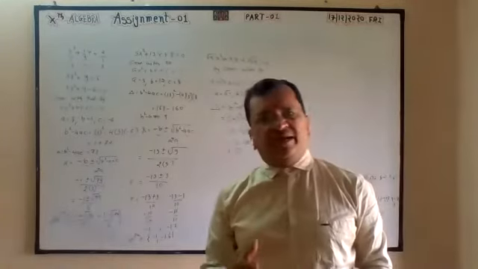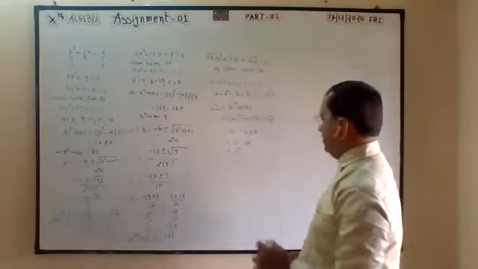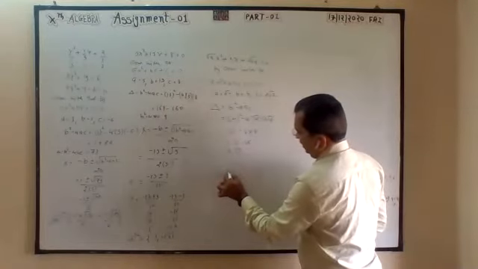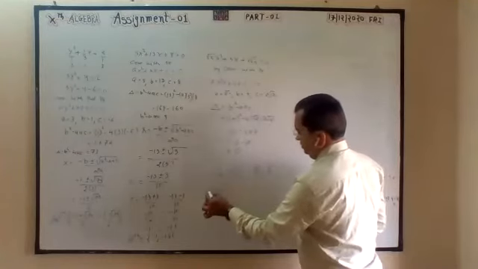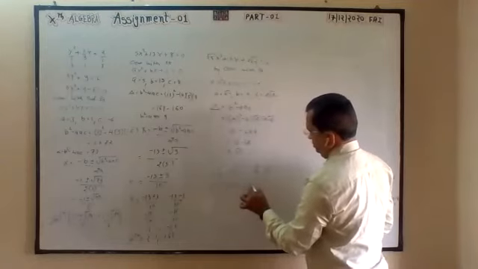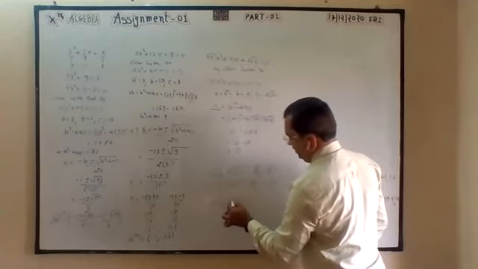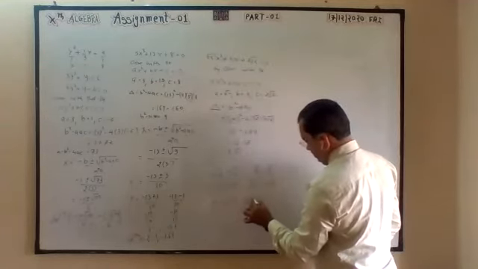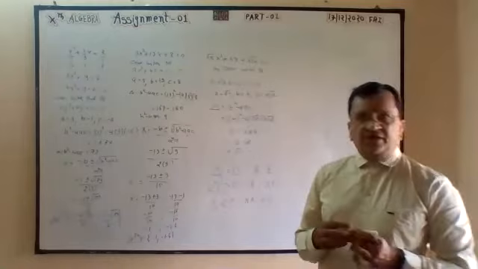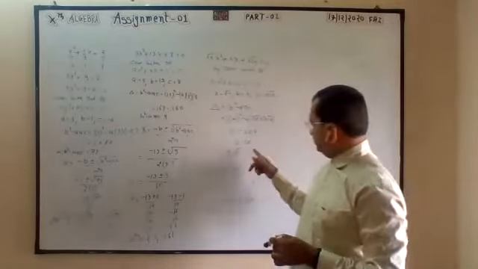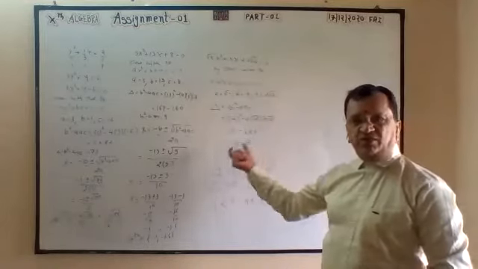And for the discriminant value, three conclusions you can get. If the discriminant value is exactly 0, roots are real and equal. If it is greater than 0, real, unequal. If it is less than 0, not real, not equal. If it is exactly 0, roots are real and equal. When you solve this, you will get both brackets, both answers the same, common.